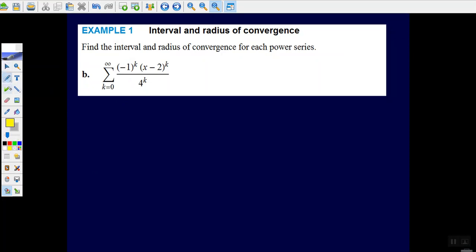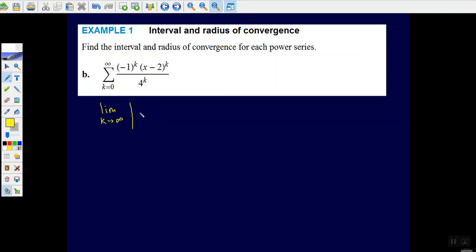And so when we have an alternating series, it's really important to notice we are going to be testing for absolute convergence first. And so when we use the ratio test, you'll see us using absolute values throughout here at first. And we're once again going to be looking at the ratio test where we want the k plus first term divided by the kth term to have a limit less than 1. And because we're going to be testing for absolute convergence, we're not going to be writing the alternating portion of